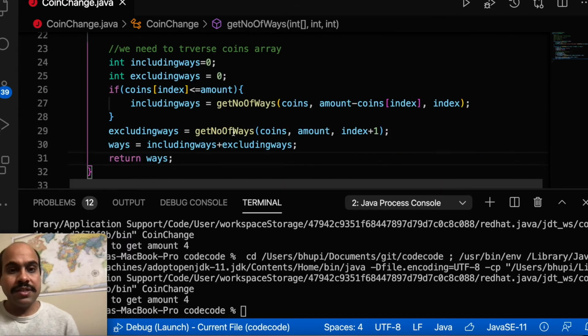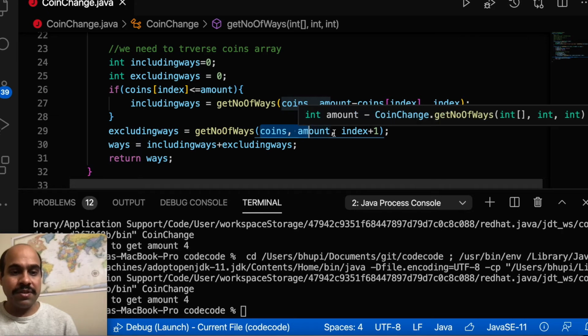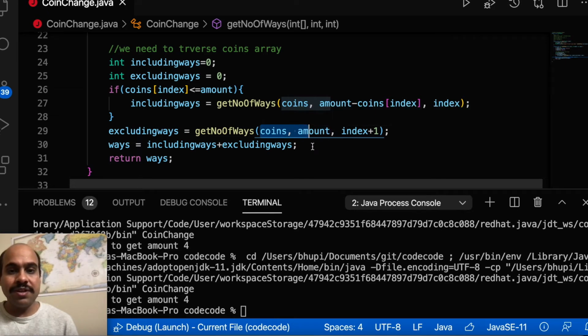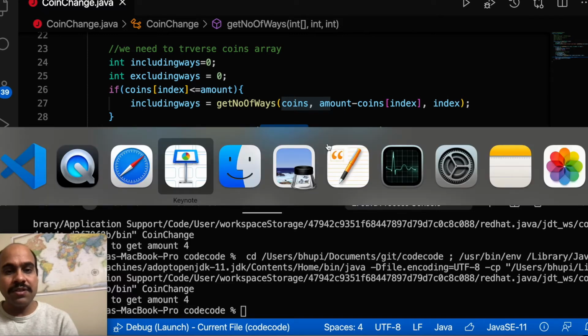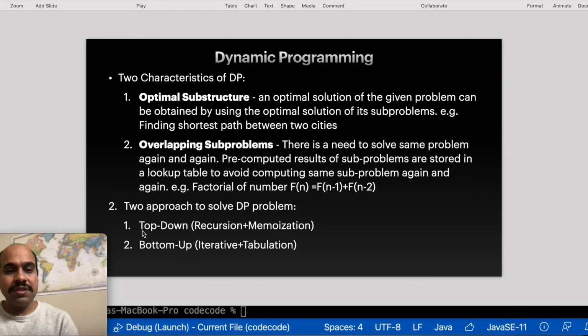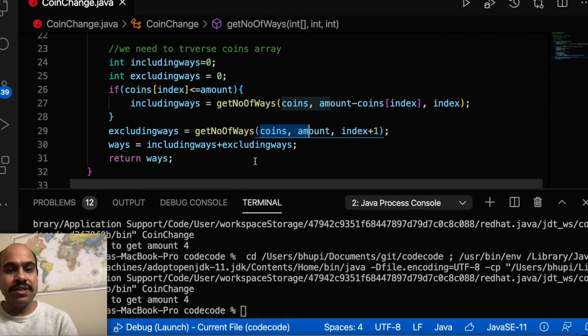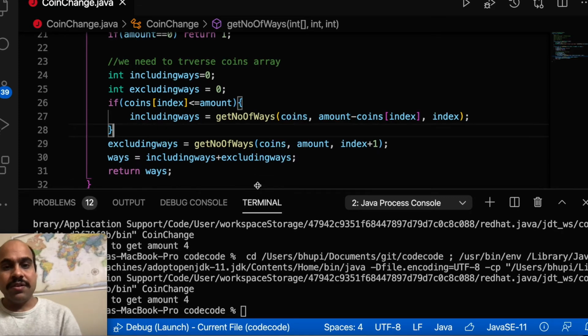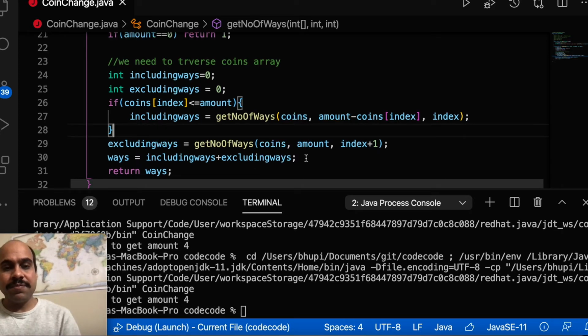problem. So here I see that this function is called many times with some parameters, and these parameters will be the same for many subproblems. So it is going to be exponential time complexity. I will try to see what are the ways to reduce the time complexity. So first one is top down. Till now we have not done any dynamic programming concept, so it's just a simple recursive solution. Okay, so once I have written this first recursive solution, then I can start thinking.